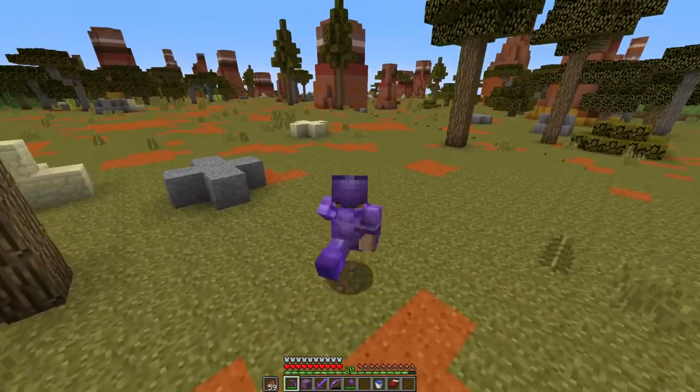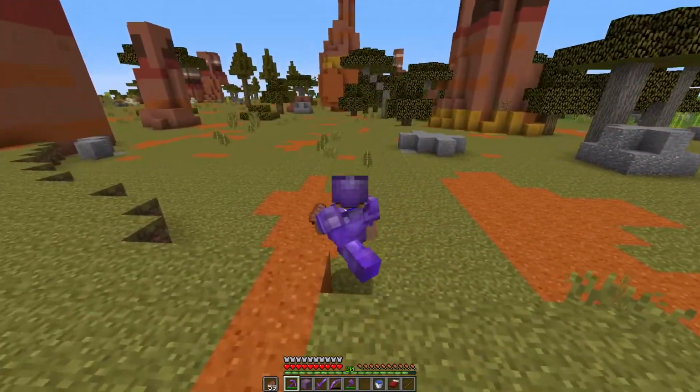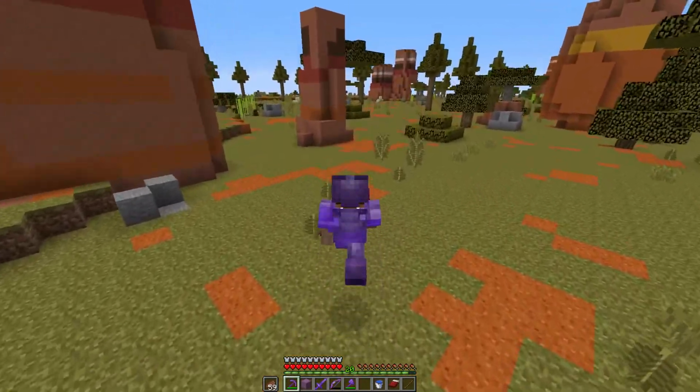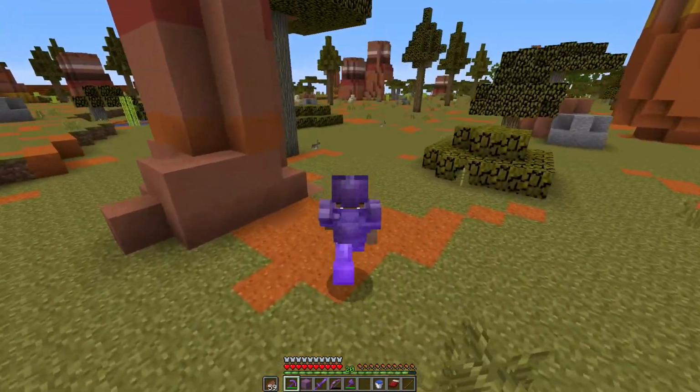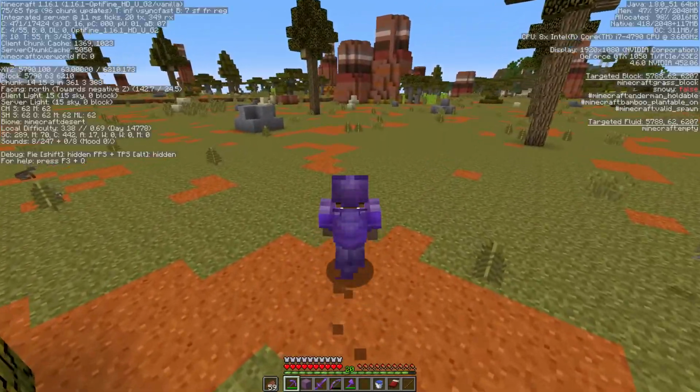This is more of a Mesa or Badlands kind of terrain. I quite like it. Reminds me of a CTF map called Gulch. Probably Gulch. Hey look, rabbits. That's another mob. Let's have a look at the...